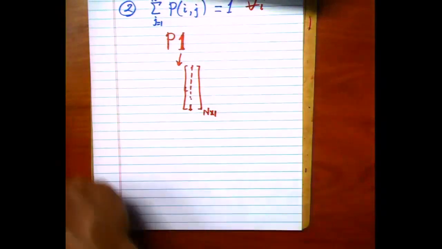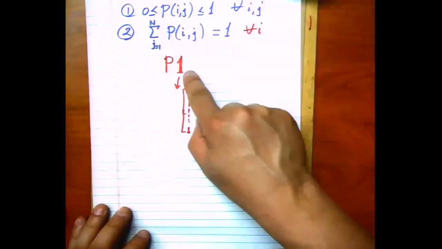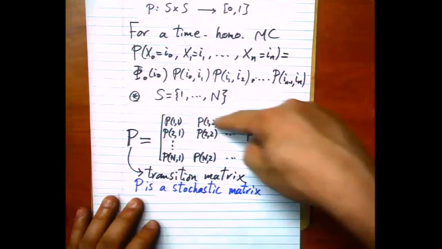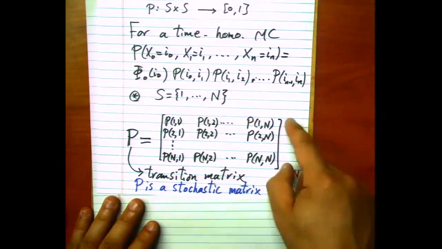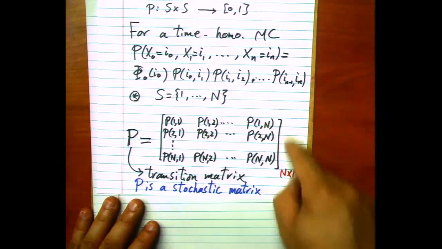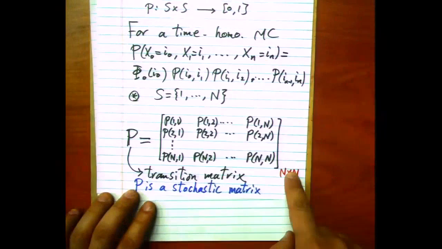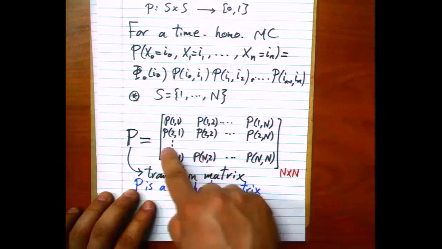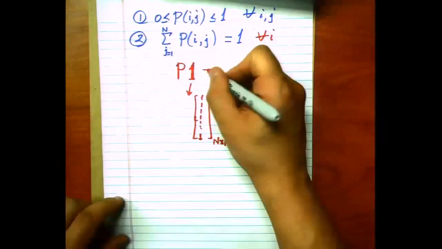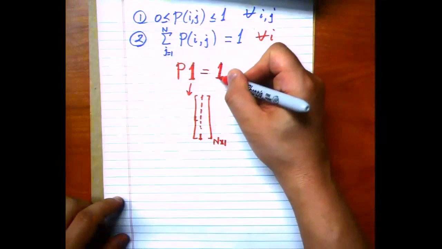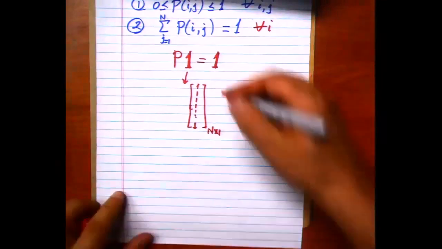This tells you that if you multiply the transition matrix by 1, this whole row will be multiplied by 1. It's like adding them up. And when you add these up, you should get a 1. When you multiply them by 1, it's going to be 1, 1, 1, 1. So P times 1 is going to be equal to the same vector 1. That's the ones vector.